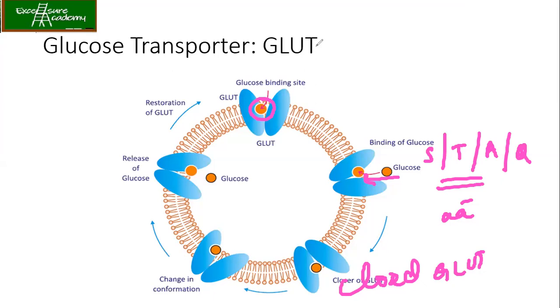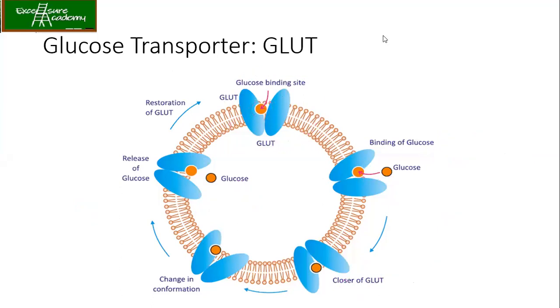Okay. So here it changes its conformation, and you can see from here to there, from outside to inside, your glucose has been released. So this entire process is resulting in the movement of glucose from the extracellular to the intracellular side. And there are others which will help in taking the glucose from inside to outside also. And finally, restoration of the molecule. It comes back to its original shape, so that when this is free, the other glucose molecule can be taken and transferred.